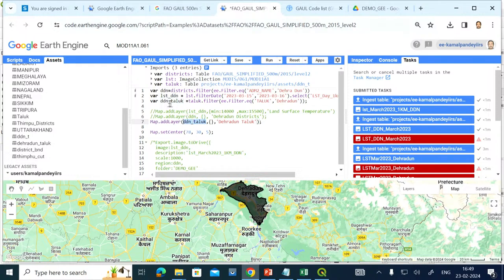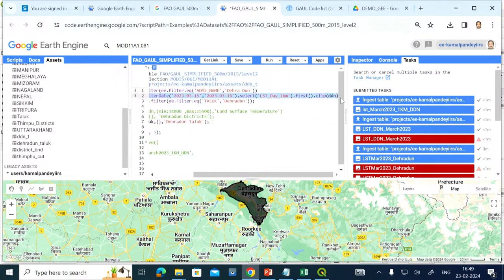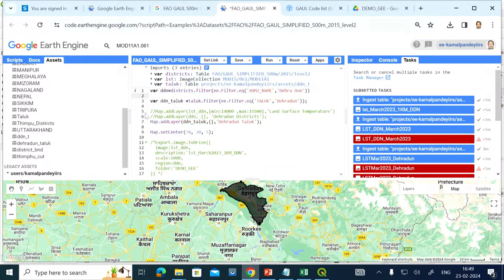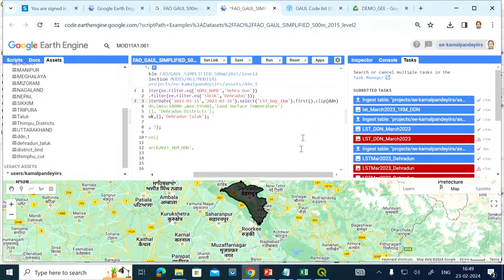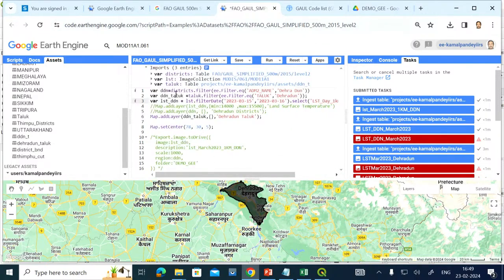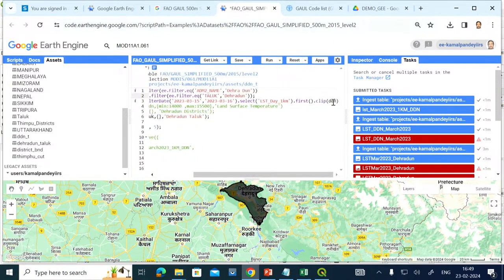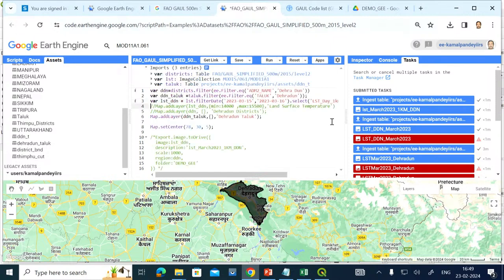Since LST is commented out, I will copy this entire line, Control X, cut it, and give it in the third part here, because we need to define this Taluk first, and only then can we use it. So it is defined in the previous line, and then in this LST DDN at the end I will change this DDN to DDN underscore Taluk, okay.